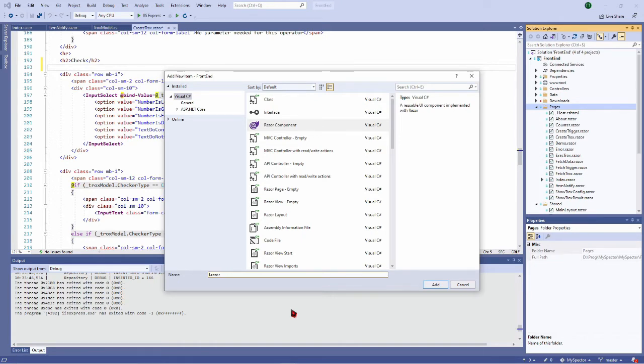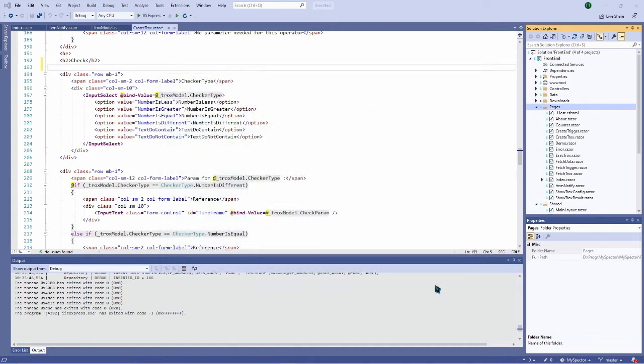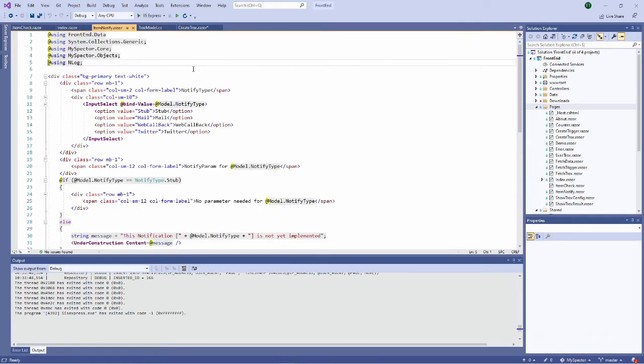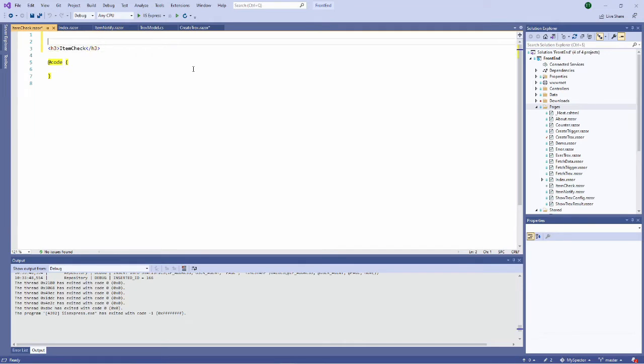So this will be item check. Okay, add. So now I have a component which is called item check. Good. To simplify, I will just copy paste the using statements which are at the beginning of the item notify, just because I am lazy. Maybe this is too much, but I'm going to start like this.